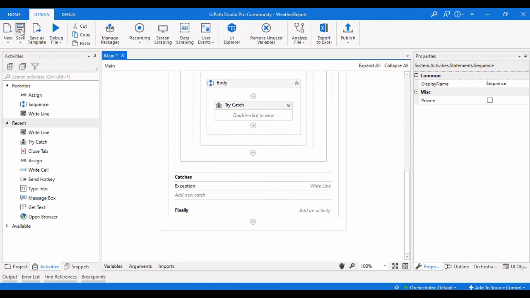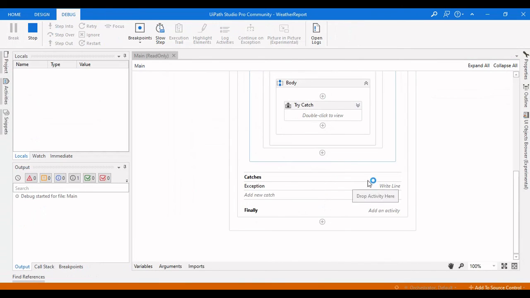Finally we will run this process and see whether we are actually able to do the whole process.